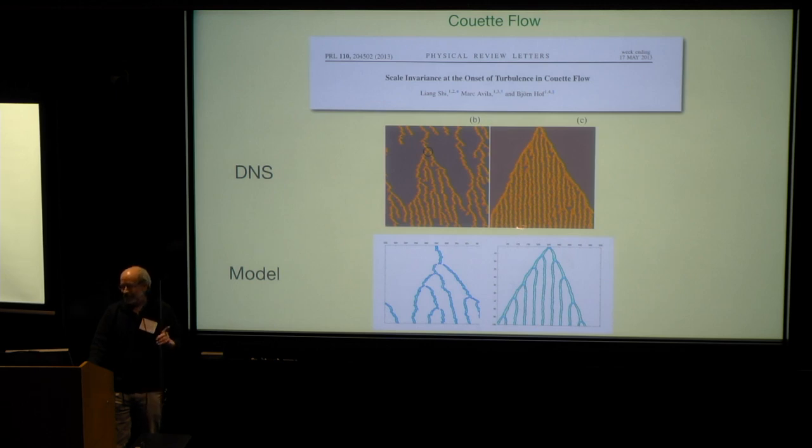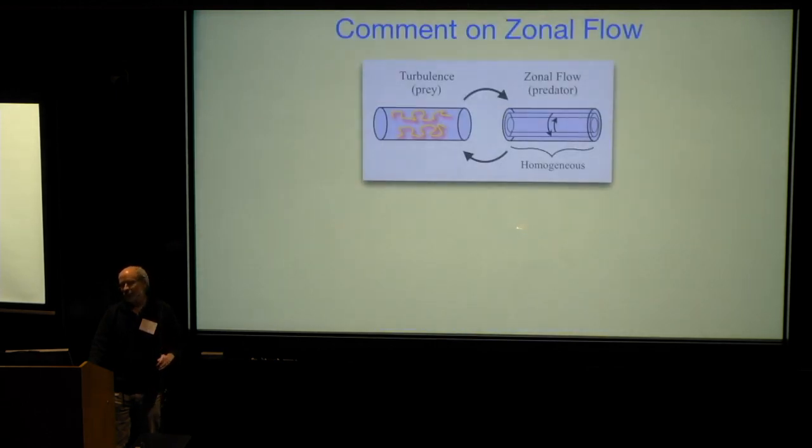Now, I just want to make a real point, very minor. Nigel and I are in a lot of discussions about this. It's not really settled science that the zonal flow plays a role here. I don't agree with that. I think that the streamwise shear is much more important. There are a lot of fluctuations, and it's just not clear to me that zonal flow is the relevant one.